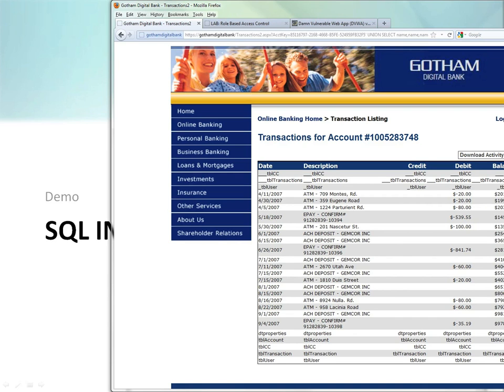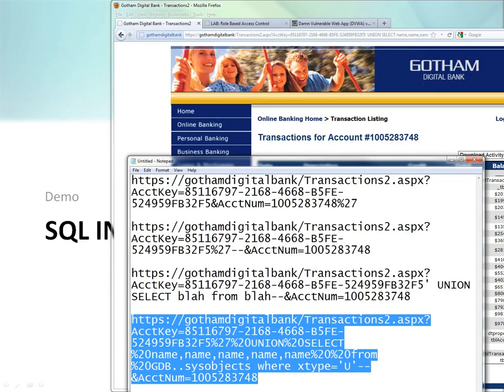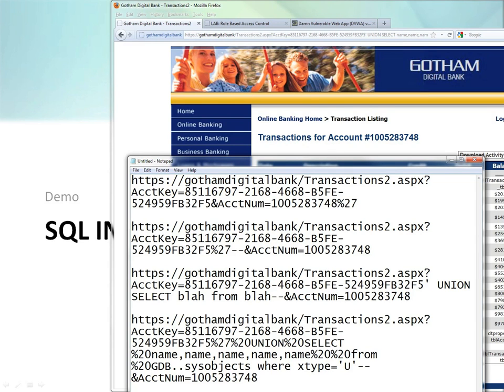And so now when I run this query, I'm getting a listing of all the tables within the GDB database. So there's definitely some interesting ones, like TBL_USER. There's one called TBLCC. So let's go ahead and go for that one. So the query we're going to use for that is